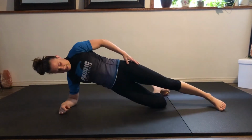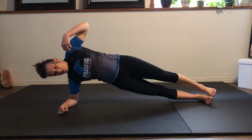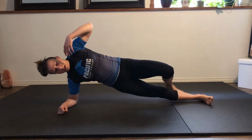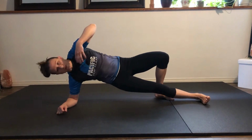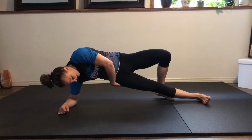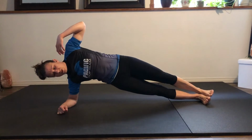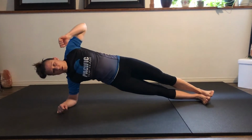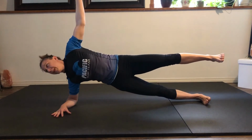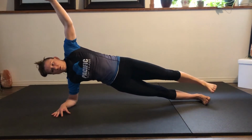1, knee down, 2, 3. So find your variation. I showed it in the second set here because the first one, everyone should have been able to be up on the top of their foot, but now since we've targeted outside of those legs, you might not be able to. So find your variation, whether in your knee, whether both feet are on top of each other, or whether one foot is lifted. Now once you find it, reach up,